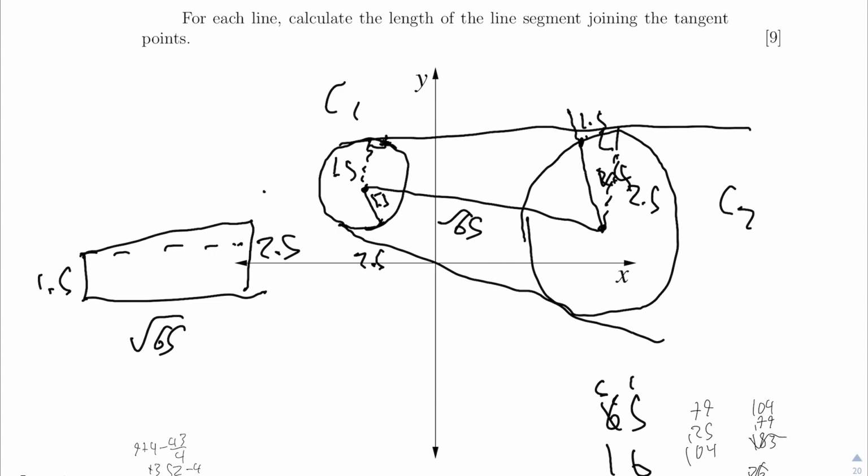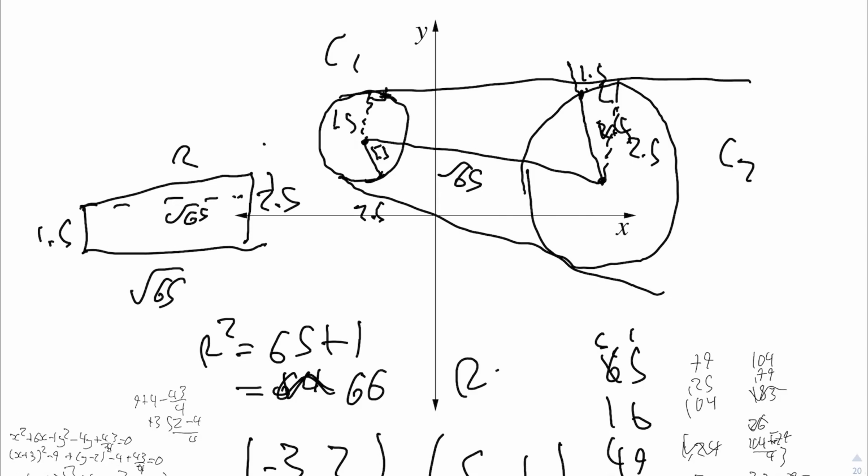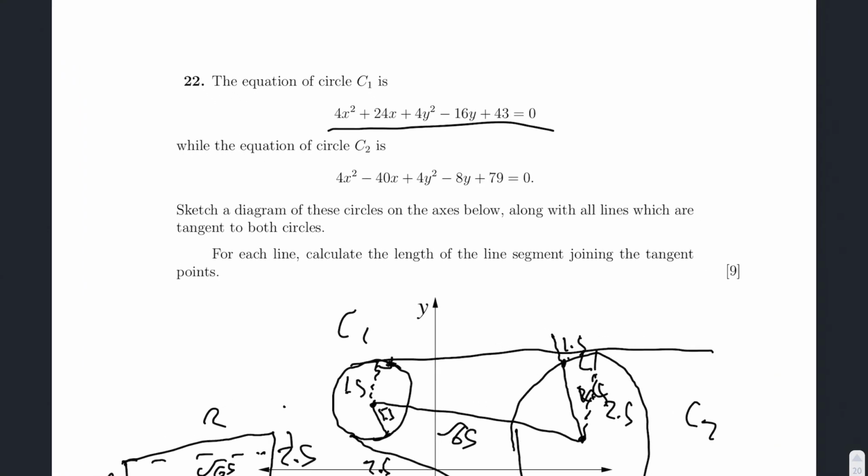So we do that by doing 2.5 minus 1.5, which is just 1, and root 65. And this length here I'm going to call R, which equals 65 plus 1, which equals 66. So R equals the square root of 66, I believe. Yeah. Alright, so